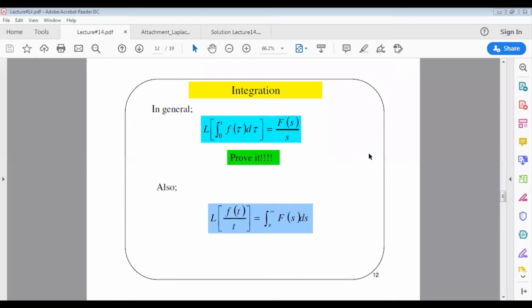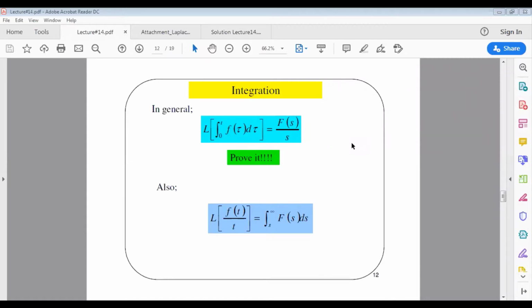In part 3 of this lecture, we are going to continue with the properties of Laplace transform. The next property is integration. Integration states that if we have a signal